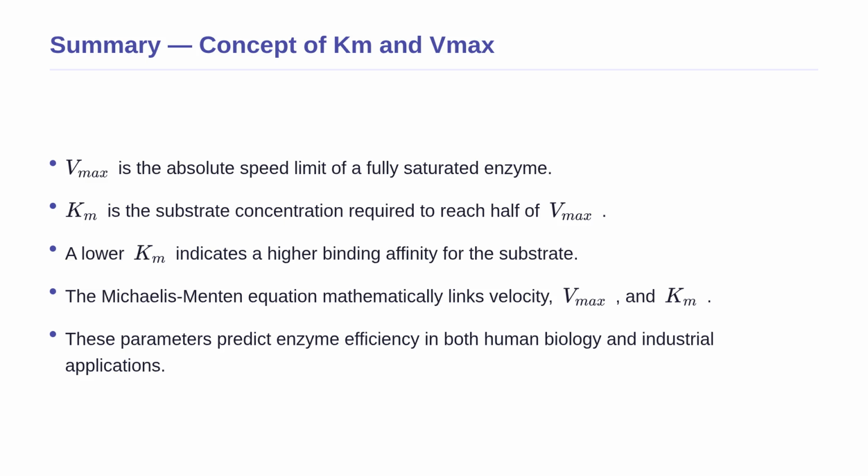We have covered a lot of ground today, so let us reinforce the three most important pillars of enzyme kinetics. First, Vmax represents the absolute speed limit of an enzyme when it is completely saturated with substrate. Second, Km is the exact substrate concentration required to reach half of that maximum speed, serving as a perfect indicator of binding affinity. Finally, a lower Km means a higher affinity, making the enzyme far more efficient at low substrate